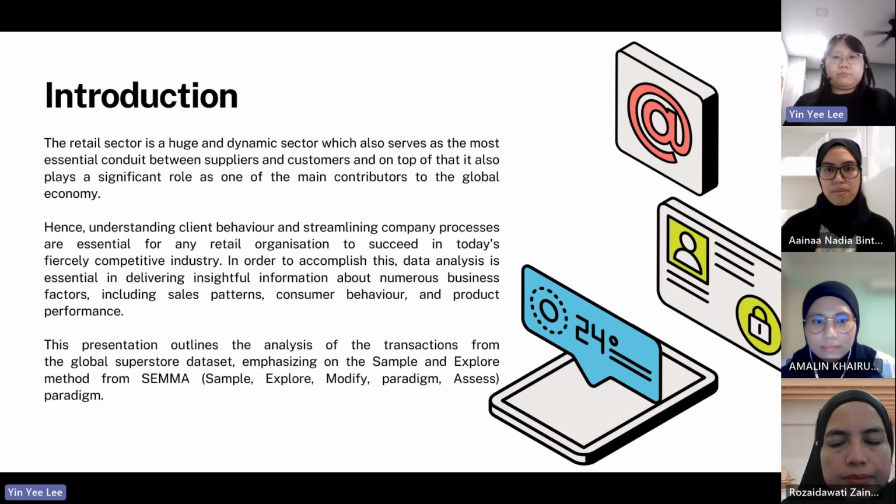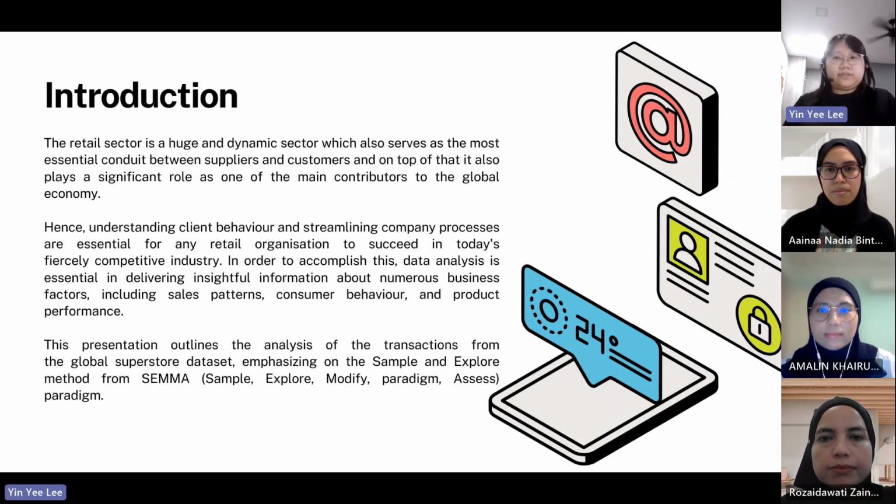The retail industry, being a huge and dynamic sector, serves as an essential conduit between suppliers and customers while playing a significant role as one of the main contributors to the global economy. And in today's fiercely competitive industry, data analysis becomes indispensable in helping the business understand client behavior and streamline company processes. By leveraging the power of data, retail businesses can gain valuable insight into numerous business factors. It will help the business owner to uncover sales patterns, understand consumer behavior, and evaluate product performance, among other critical